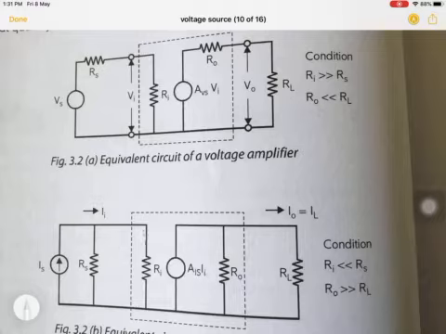So the maximum current will flow into the input resistance. Whatever amount of current flows, it will be amplified by this gain. And similarly, this resistance has to be much higher for a current amplifier, just because all the current should go into the load. So for a voltage amplifier, input impedance must be higher and output impedance must be lower. For a current amplifier, the input impedance must be lower and the output impedance must be higher.